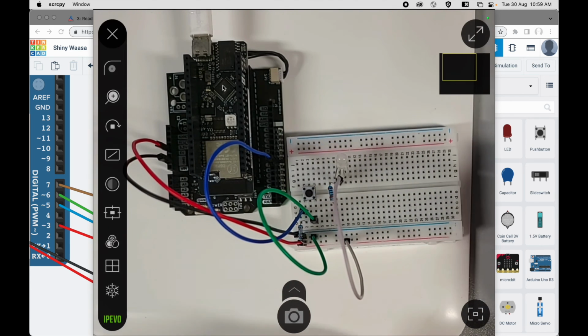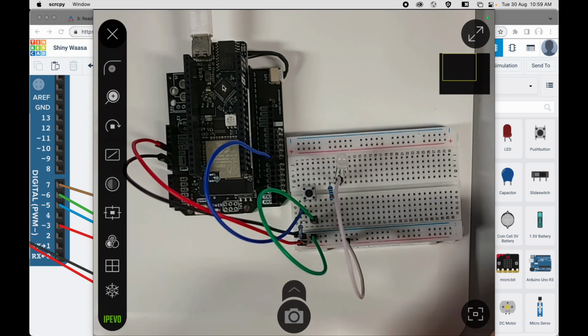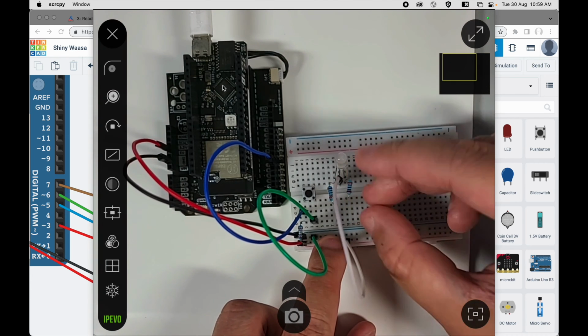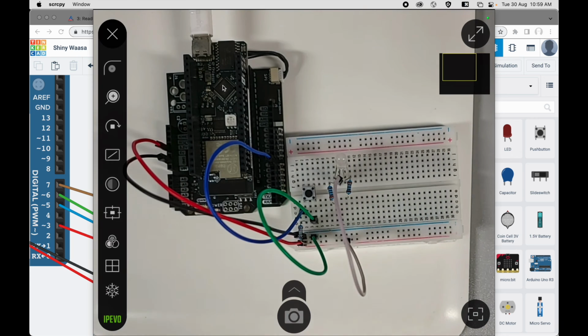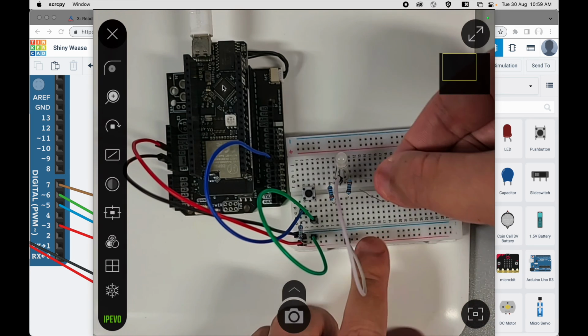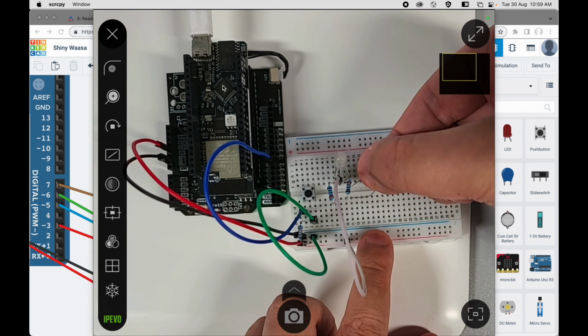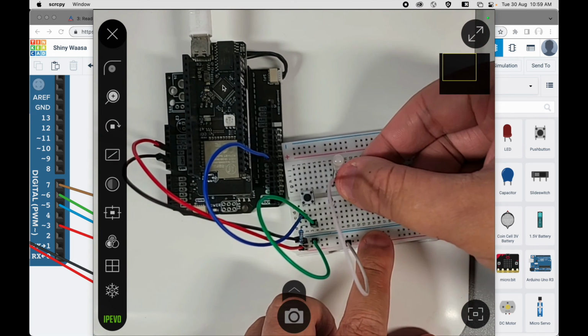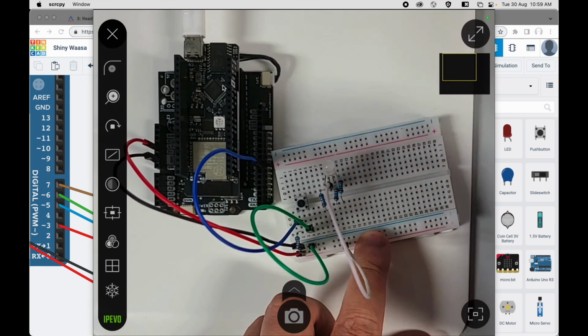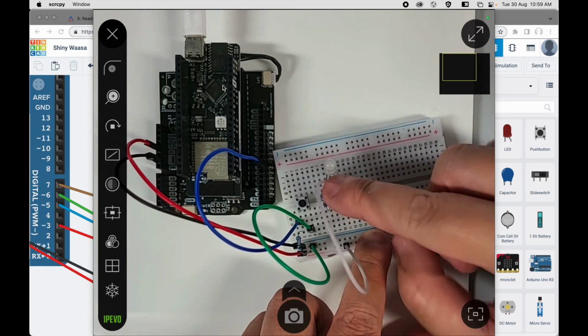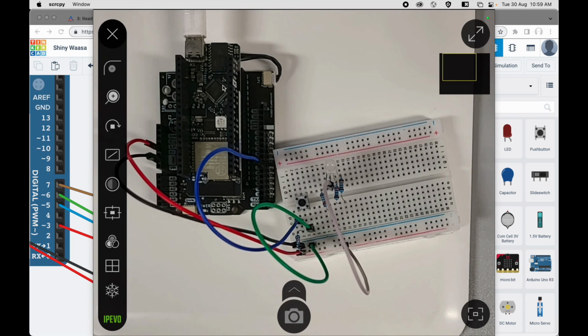Then we have 2 more. Okay, so 3 resistors, and then next we have